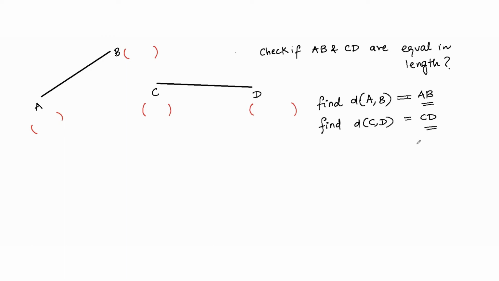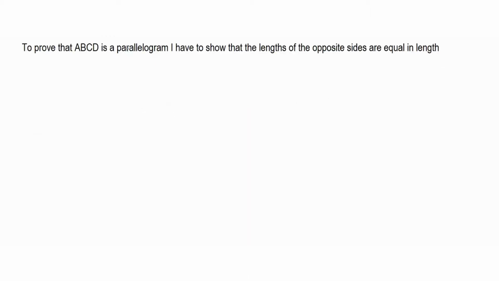So what we are trying to do here is use the distance formula to calculate the distance between different points, and using the lengths of those line segments, we are trying to conclude whether the lengths of the line segments are equal or not. So we are going to use this particular principle to now answer a few questions. Let us take the first question. Suppose I have been given 4 points. Let us mark 4 points A, B, C and D.